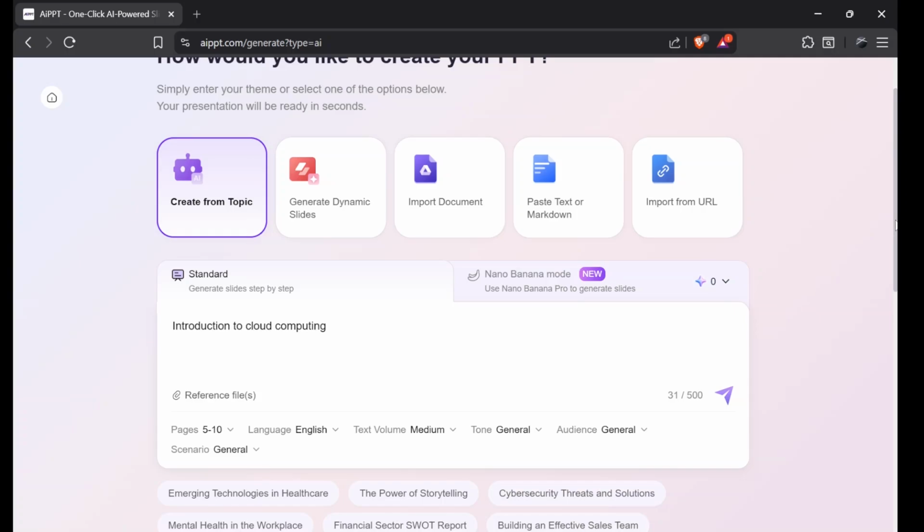Now in this mode, I've already entered the topic of my presentation, which is introduction to cloud computing. Here I can select the number of pages I want in my presentation. I can go up to 20 in my free plan. Next, I can select the language in which I want my presentation to be. There are a lot of language options, after which I can select the text volume and the tone of the